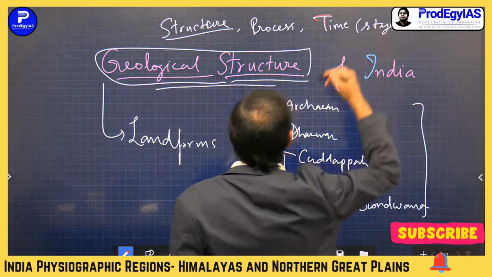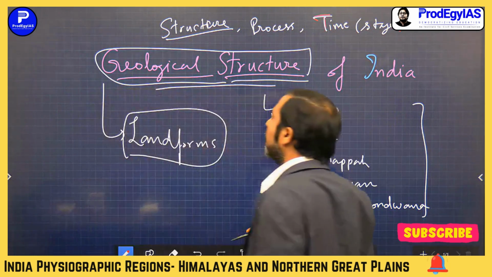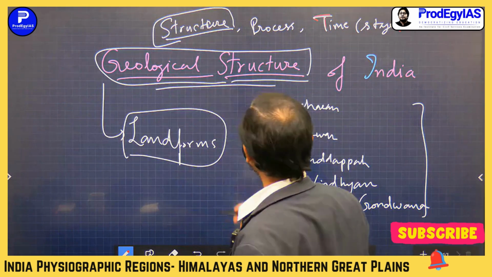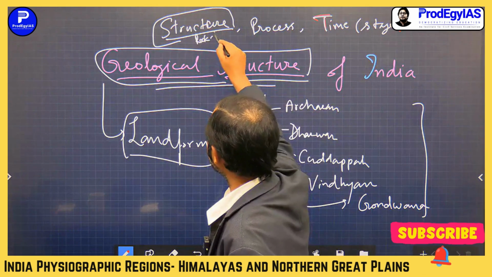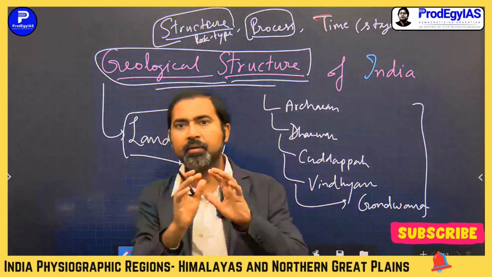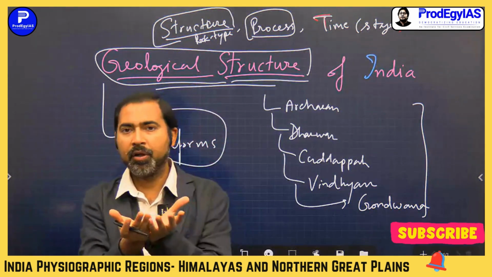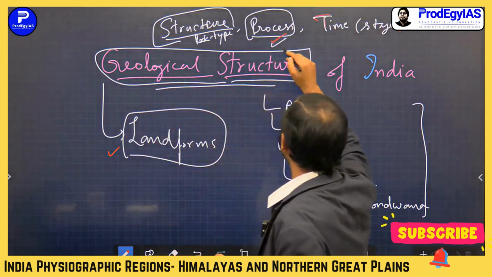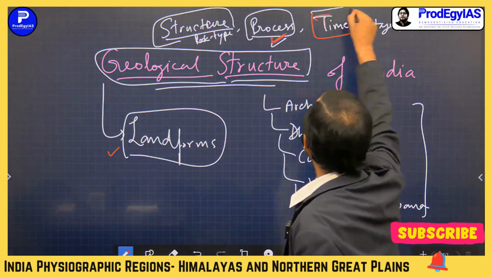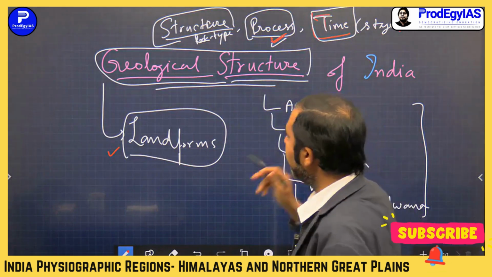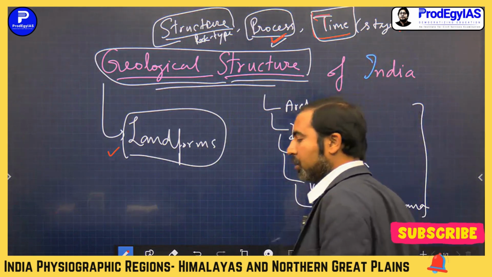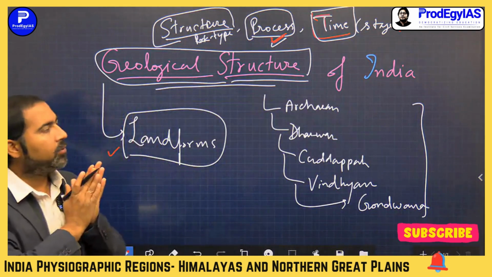Means for any landform formation, first you need the material. Material is provided by your structure, the rock type. Then you need the process. Means first you need the material, then that material has to be shaped into a particular landform. That is process. Processes include both endogenetic and exogenetic processes. Then you need a particular time. Any geological landform that is shaped or made in a specific period needs some time